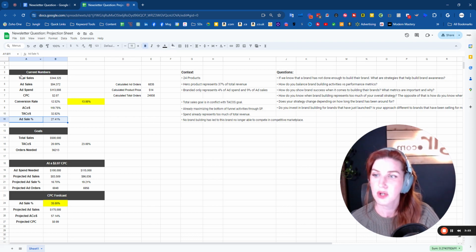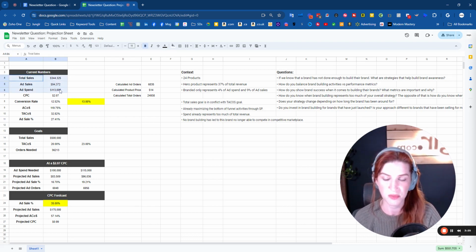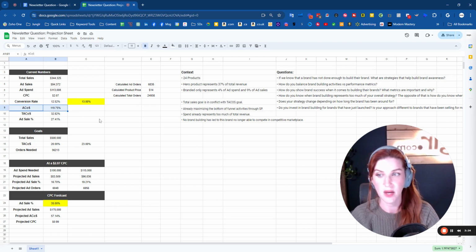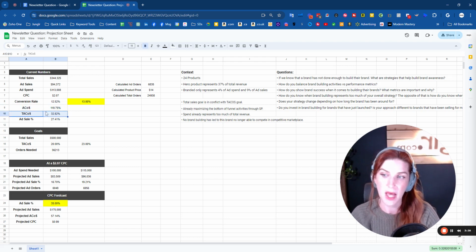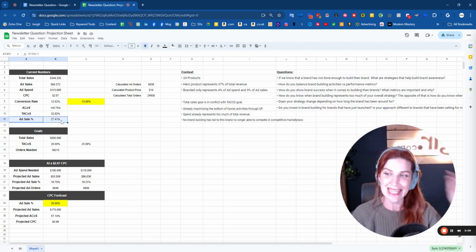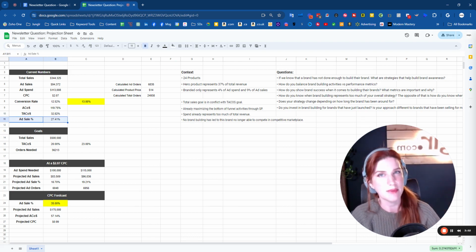Okay, so here are the current numbers, which again, is just pulled from what he gave me. Cost per click of 2.07, conversion rate of 12.5. ACoS is obviously very high at 119. And I'll get into a second as to, again, the fundamental underlying reasons why that's in fact the case. And then the total ACoS being 32.8, which is definitely something the brand wants to bring down, most likely for profitability measures. And then this was the number that made me go,